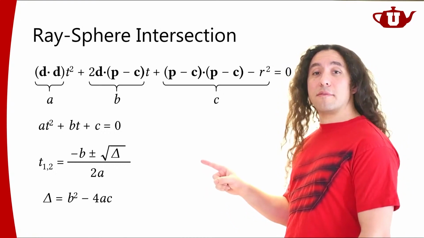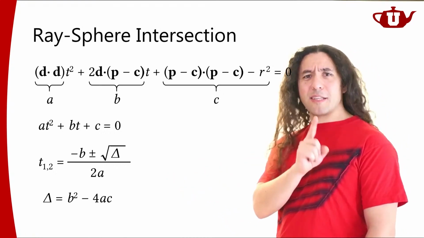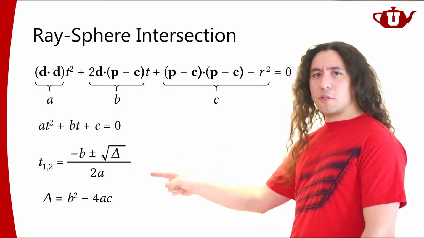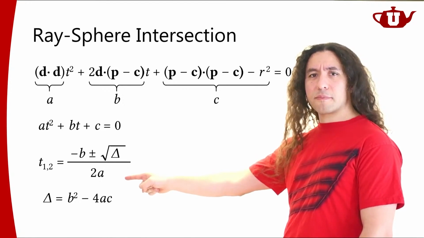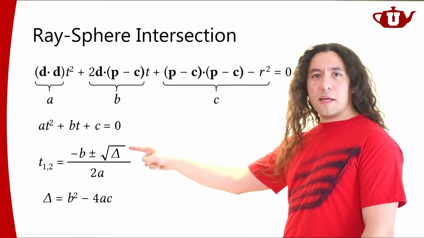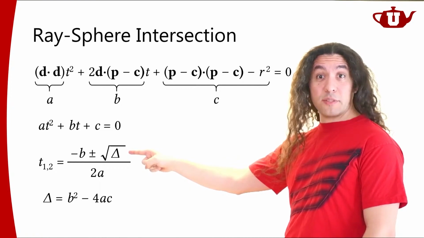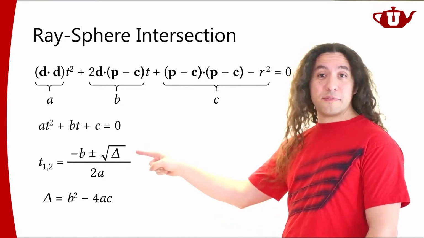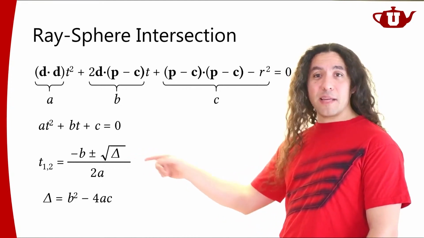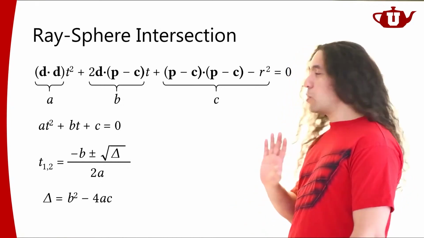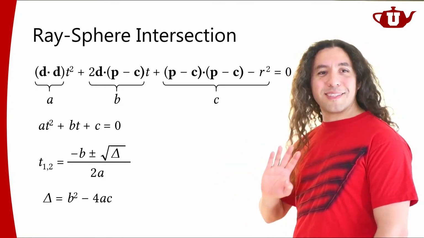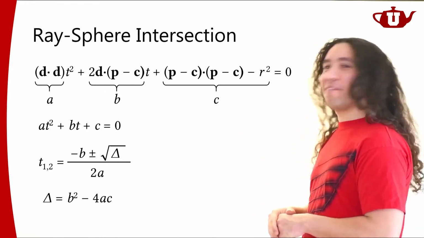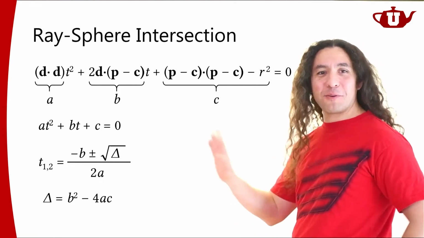But here's the thing. My ray may or may not intersect with the sphere. How would I know if the ray intersects with the sphere? I will know by looking at this delta, right? So delta here has to be positive or 0. It cannot be negative for us to have a real root. If delta is negative, then I'm going to have an imaginary root. But in this particular problem, I don't care about imaginary numbers. All I care about is real values for t. Imaginary values of t, I have no idea what that means geometrically. So I don't care about that.